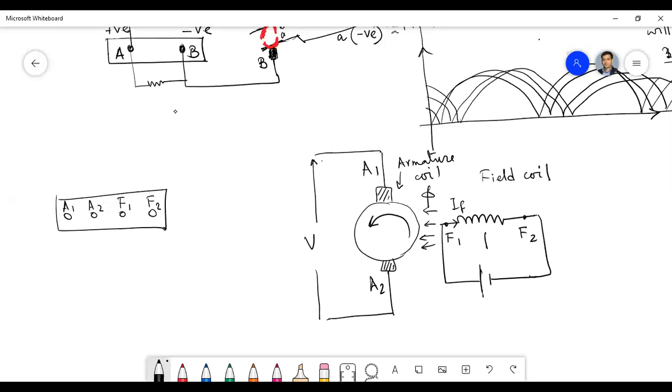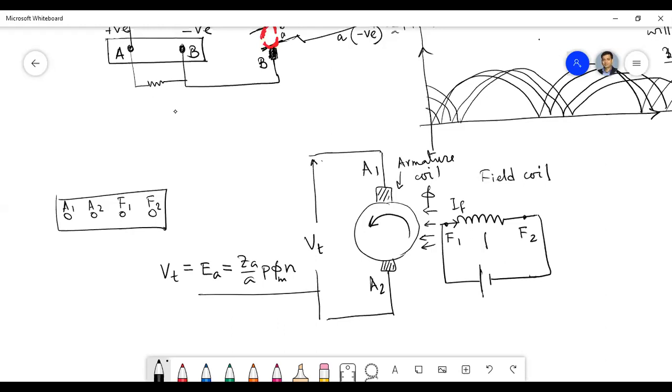Okay, now if the armature is open circuit, then the voltage that we get is equal to EA, and that is equal to ZA by A P phi N. So this voltage will be induced across the armature only in case of open circuit or no load condition. Otherwise, the voltage will be less than that.